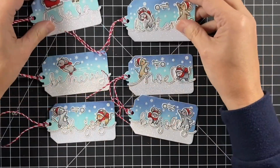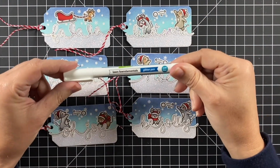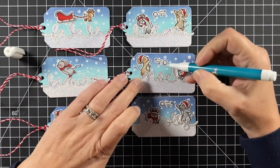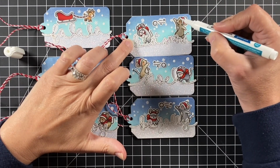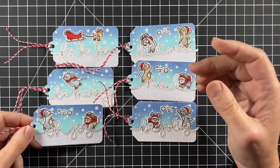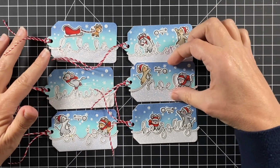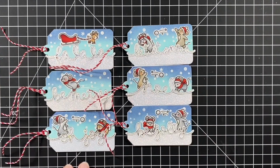Well, here they are, all complete. But for a final touch, I'm going to use Lawn Fawn's glitter pen to glitter up those snowballs and the trim of their hats. And now everything sparkles. And I'm going to move one around just so you can see how much it glimmers and shimmers, and it's just a delight. Well, I hope you enjoyed this video and it inspired you to maybe make some Christmas